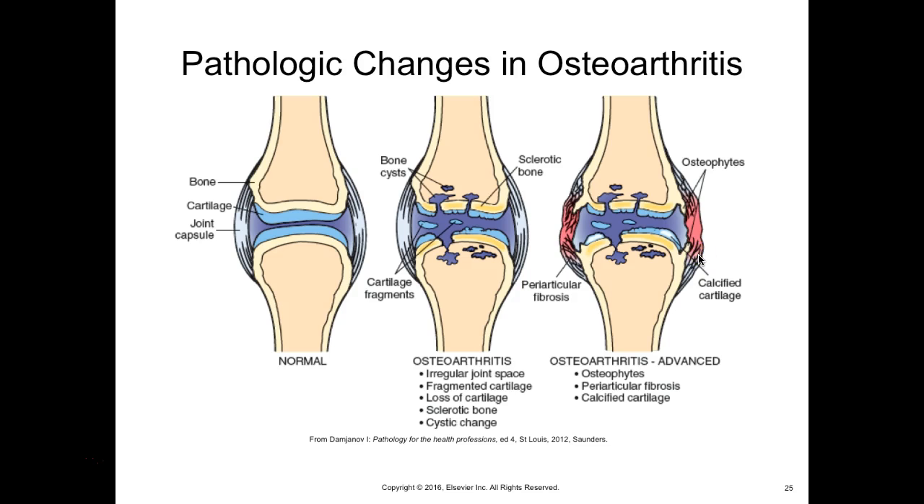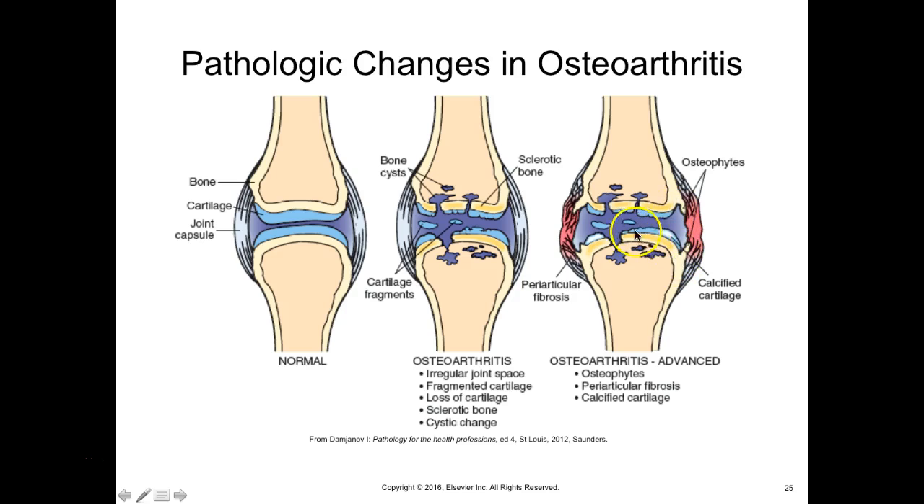All right, so this is just showing the osteoarthritis. Here we have the normal joint, where we have the bone, the cartilage, and the joint capsule, and there's the synovial fluid, nice joint space here. Over here we have osteoarthritis. So now we have bone cyst, sclerotic bone, cartilage fragments, wearing down of the cartilage, and then over here with the advanced osteoarthritis,